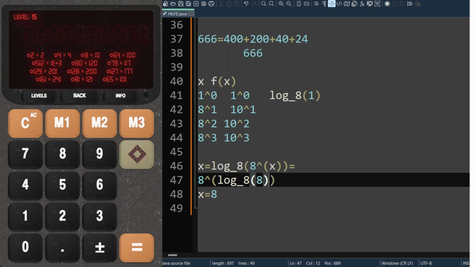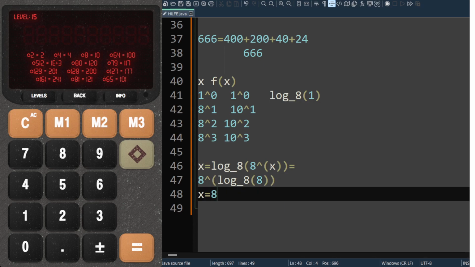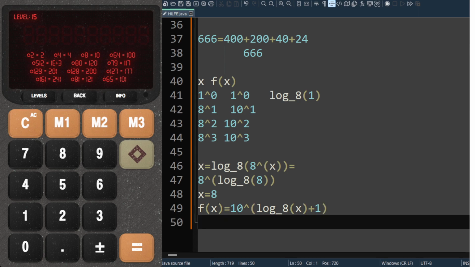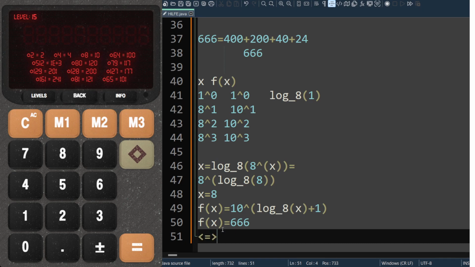8 to 0. If we type in 64, we get 8 to... Okay, I think I'm going to write something down and hopefully it's correct. f of x equals 10 to the power of the logarithm base 8 of x plus 1. This is the assumption that I'm making here, and if that is so, then f of x equals 666 is equivalent to